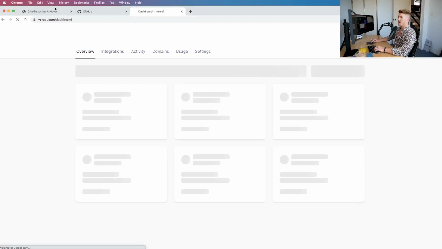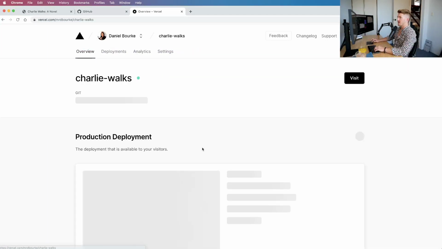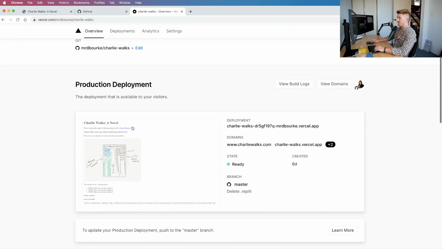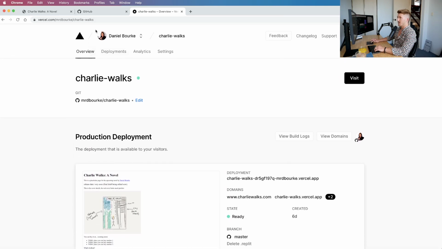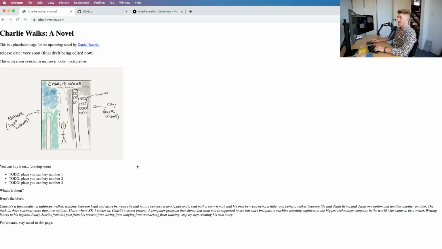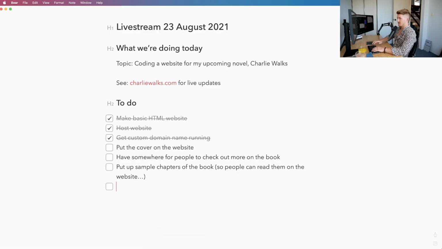So vercel.com, dashboard, here's me. Charlie Walks, boom. Hosting through Vercel. So if we come in here, I'm going to add a little note to do current setup: code on GitHub, hosting through Vercel, simple HTML page with links/info